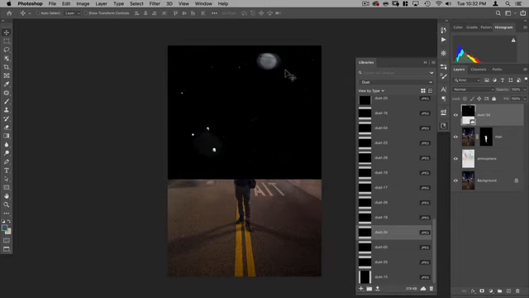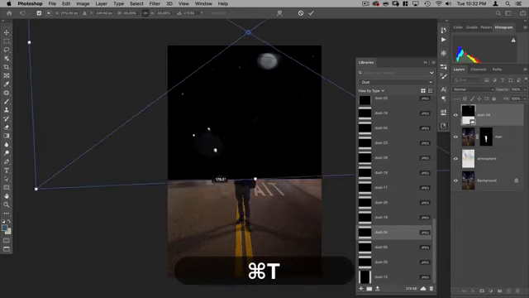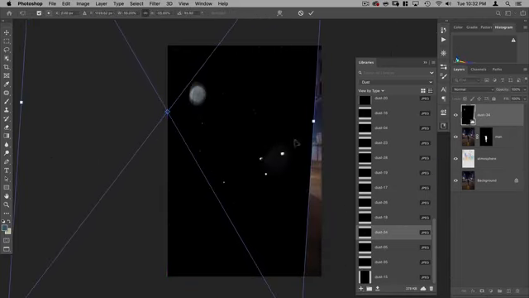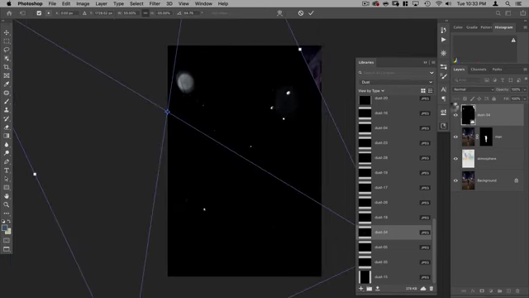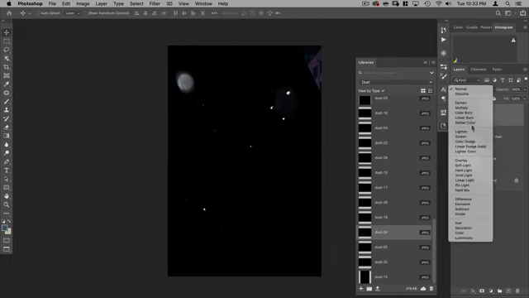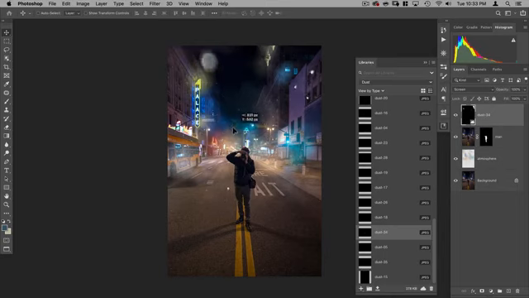And I want to move this up here and probably rotate it. Something like that. Let's put this on screen. All right, about there looks pretty good. And we're going to just take the opacity on that down to 50 by hitting 5 on our keyboard.